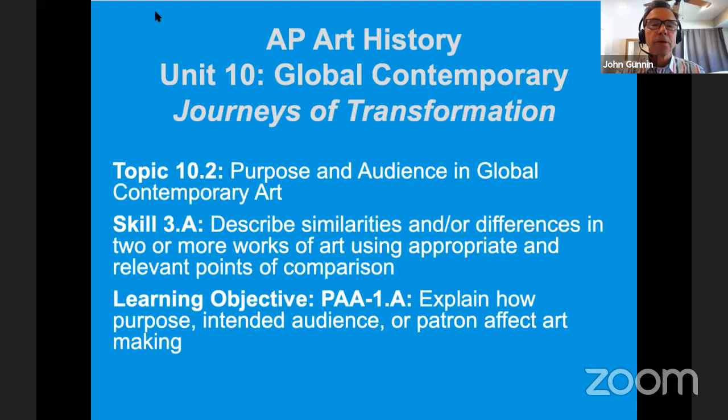I have some really wonderful works to share with you, including 3 works that will be fair game for the AP test, and a couple that are works that you may not have seen yet. You'll notice here today we have a theme, Journeys of Transformation, works that either describe or cause transformation in some way. And it's a fun thematic way of linking together very different works.